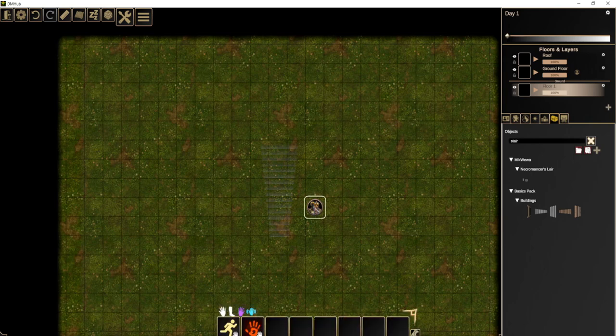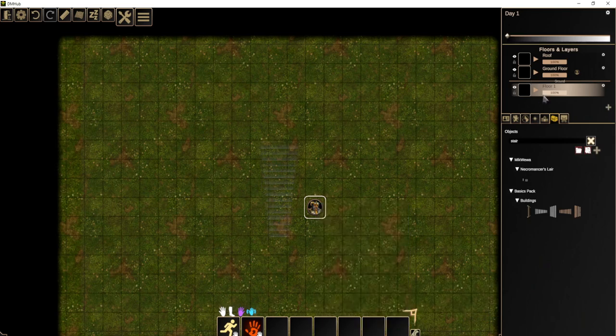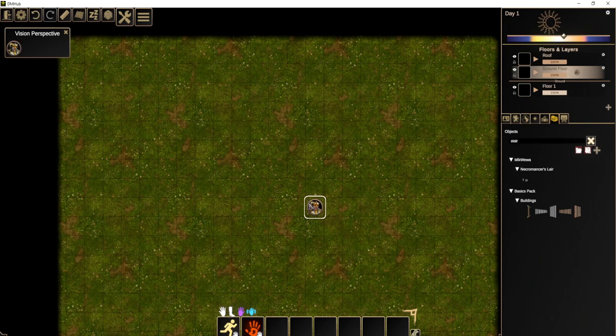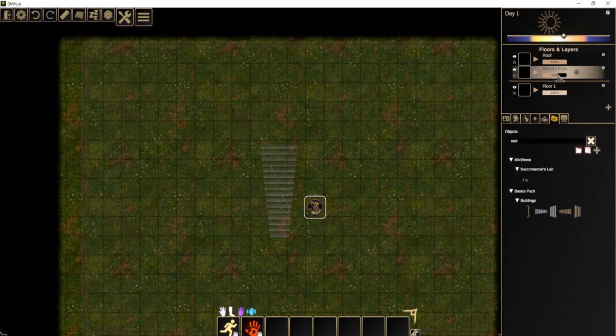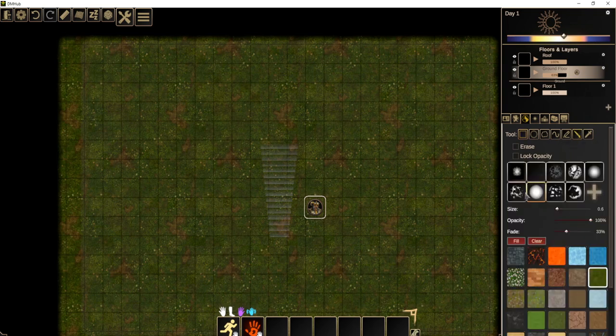We can see that when we put on our token vision, it does show this because we still have the floor selected, so it always shows you a little bit if you're the dungeon master. But if we show the token vision, we can see that the character has no idea that there's anything beneath. So what we need to do to show that there's stairs underneath is dig a hole effectively for the stairs. So we go to our terrain editor and we use the brush tool. We put it on erase and we erase some of the terrain here